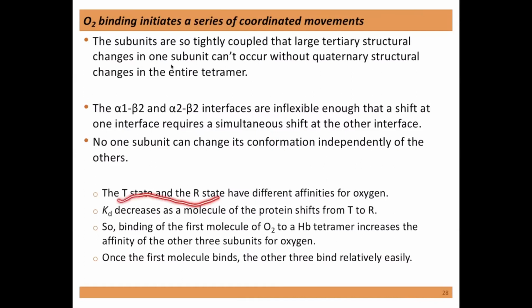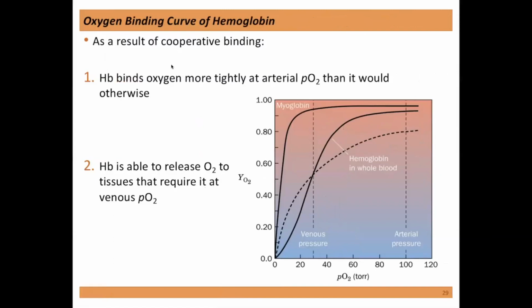The T state and the R state have different affinities for oxygen. The KD decreases as molecules of the protein shift from the T state to the R state. Okay, so let's look at some graphs and actually see what's happening here. Myoglobin, like we said, has this hyperbola graph when we look at the fractional saturation and essentially the pressure of oxygen, where hemoglobin actually has this sigmoidal